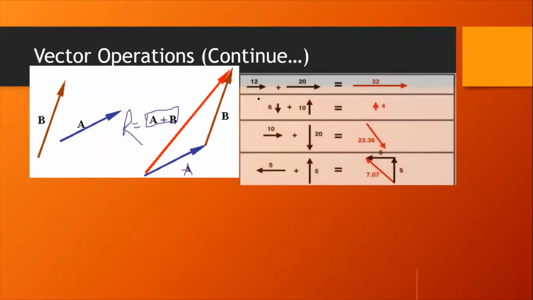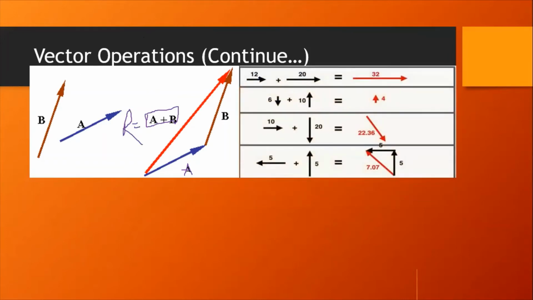So the next picture is this, hopefully you will understand a lot from this. This is a magnitude of 12, and both of the arrows have their direction on the right hand side. So 12 plus 20 will become 32. When I added both the arrows, the direction will remain the same on the right hand side because both have the same direction. So you can easily add it.